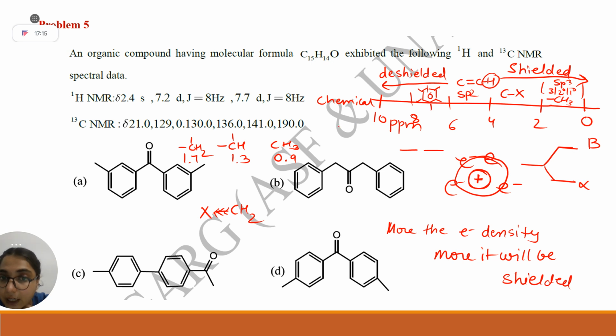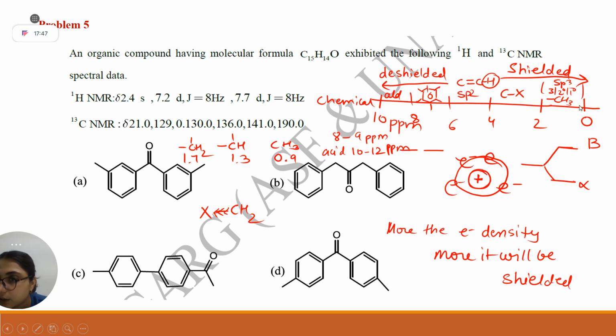Carbonyl. Carbonyl. Very good. In carbonyl, aldehyde comes around 8 to 9 ppm, and acid comes around 10 to 12 ppm, depending on other functional groups attached to it. Clear, everyone? So the take home message from this slide is, if you have to guess which proton a shift is related to, you have to memorize this chart.